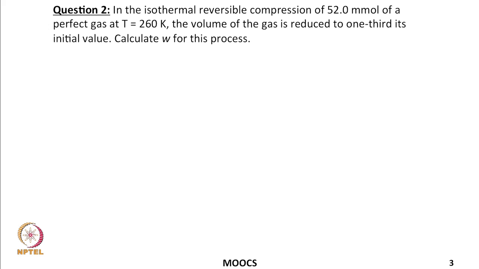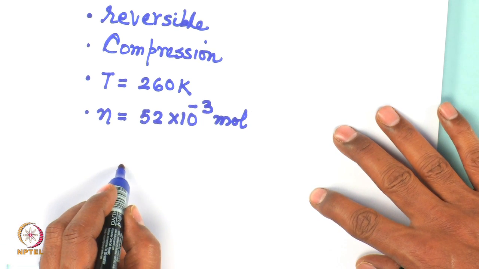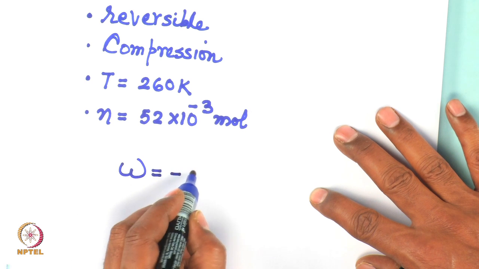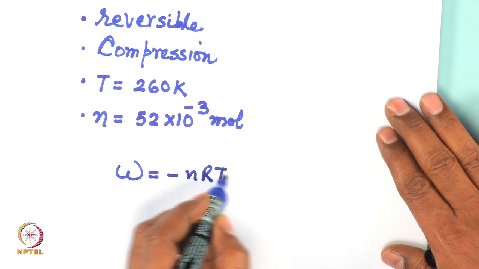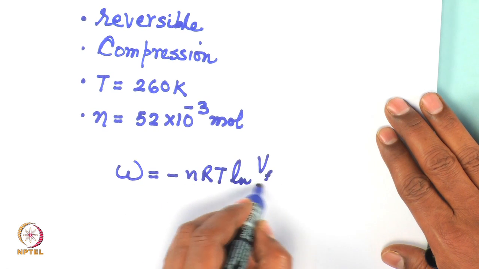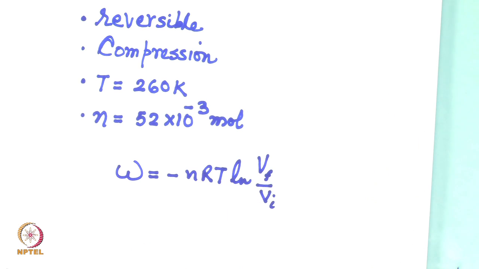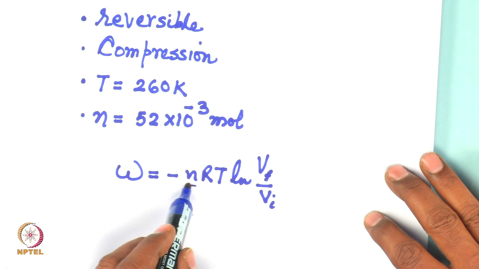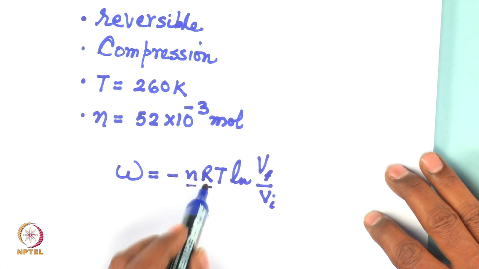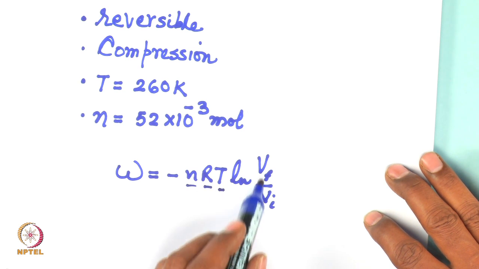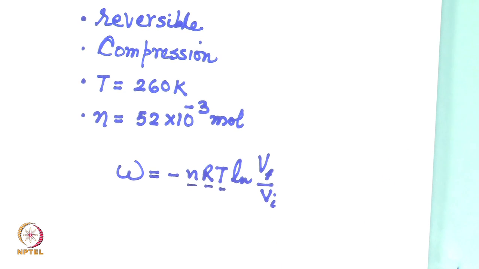It is a reversible compression, and when it comes to the compression or expansion of a gas, then immediately, for isothermal reversible pressure volume change of a perfect gas, we can straight away think of this formula, W is equal to minus nRT log V final over V initial. And you see, we have the value of n, we have the value of R, we have the value of T. What we need to identify is the ratio of Vf to Vi,